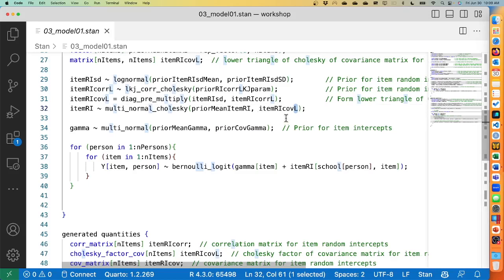And so again, what do we need for that? We need a correlation matrix, which is also lower triangle, and a set of standard deviations. So each item has its standard deviation. Each random intercept has a standard deviation. Again, I've used log normal for the standard deviations, where we import the prior mean and the prior standard deviation. So in this case, there'll be 10 standard deviations, so there's 10 means and 10 prior standard deviation values. The correlation matrix, again, we're using the LKJ prior,